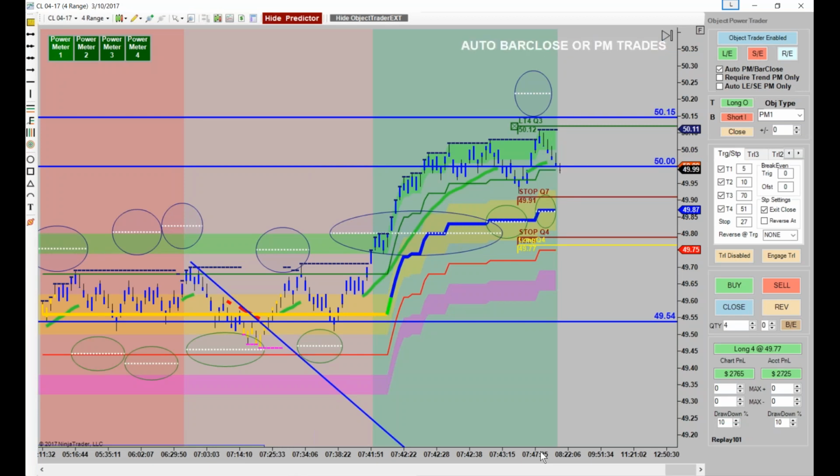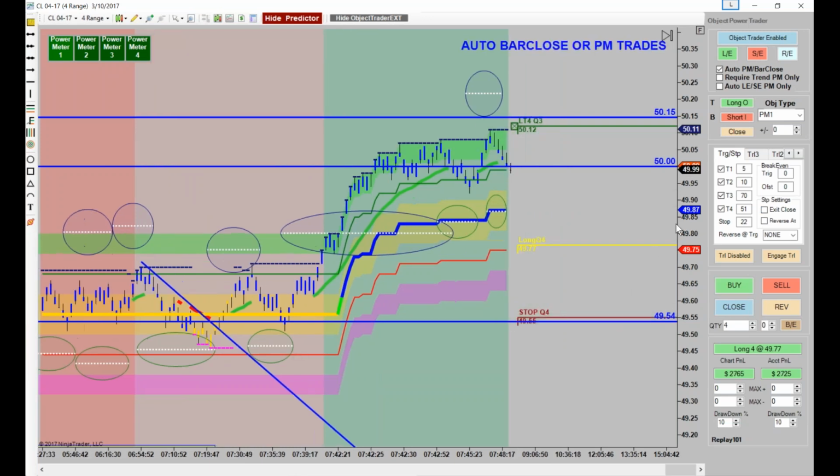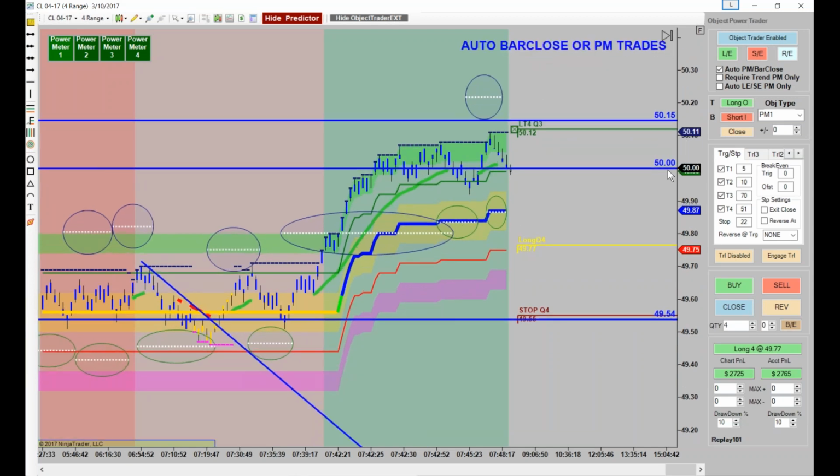See, the power meter's still green, so it's not going to fire that reverse until it turns red. I'm going to get the stop out of the way so that we can get a reverse trade. Okay, we've got 4 on, 3 and 1. Since it's like a scalp, we can do that. We'll do it like that. Like 5 and 7, something like that. How's that? Reverse it for a quick. Now